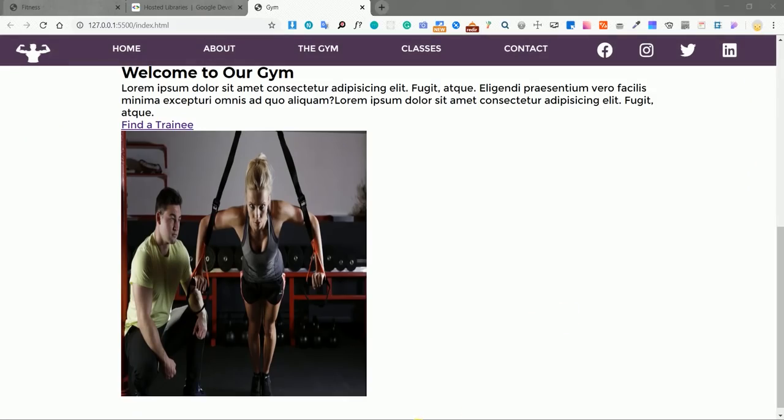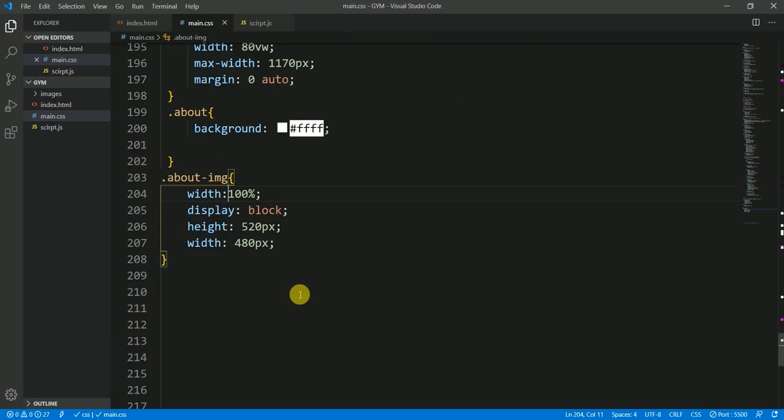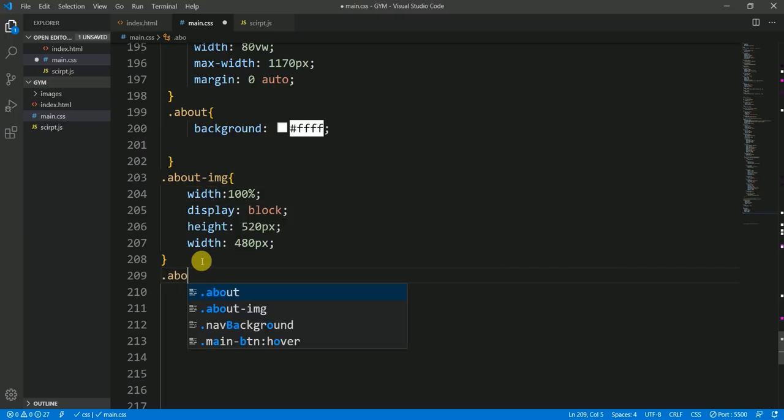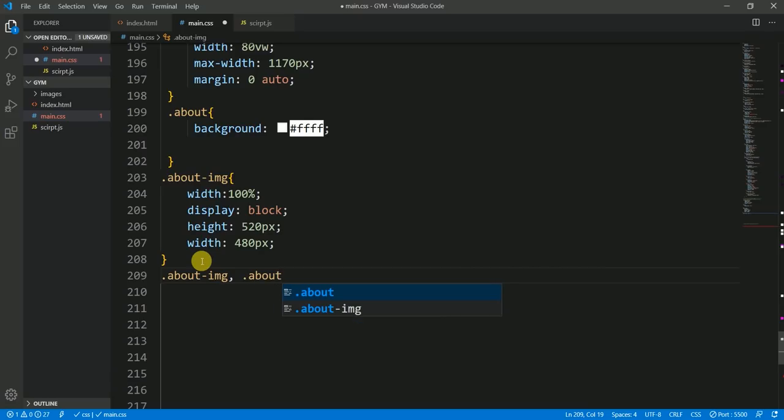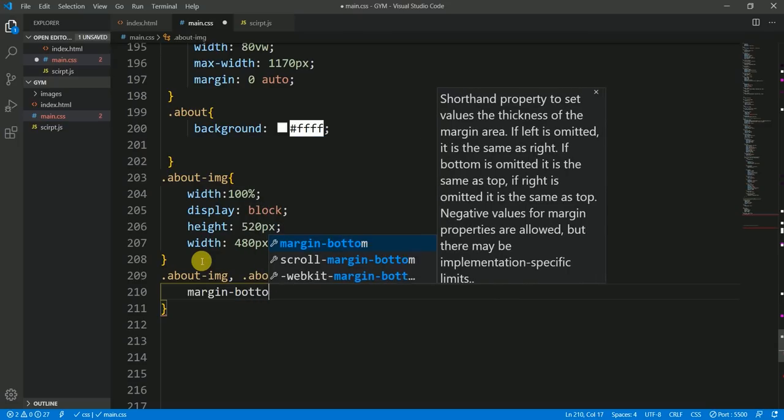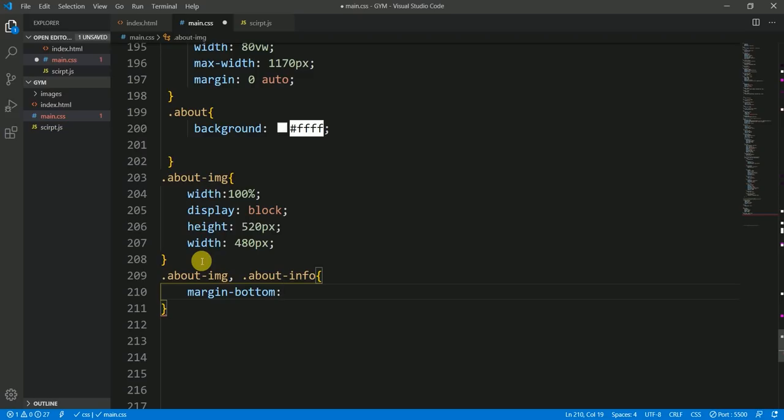Okay, after styling it completely, you will find the difference. So width if 100%, block height, display block height is 520, width is 480. Now I want to go with the about image and about info. Here the margin bottom, not bottom, what happens, margin bottom would be 64 pixels,